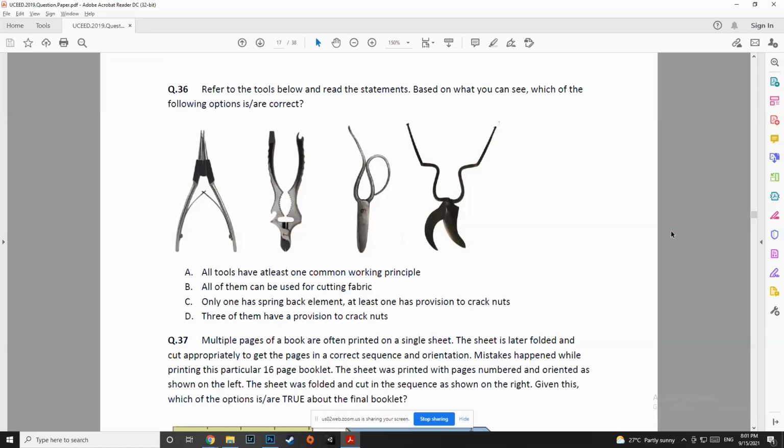And this thing, at least 3 of them can crack nuts. I'm sure this can't crack nuts. I'm sure this and this can't crack nuts. Probably this might be able to crack nuts, these 3. Okay. But this is a logical question that you need to be sure of, right? So we know that this is correct. We know that this is correct. And this might be correct. I'll get back to you, but probably not. Okay. All right.